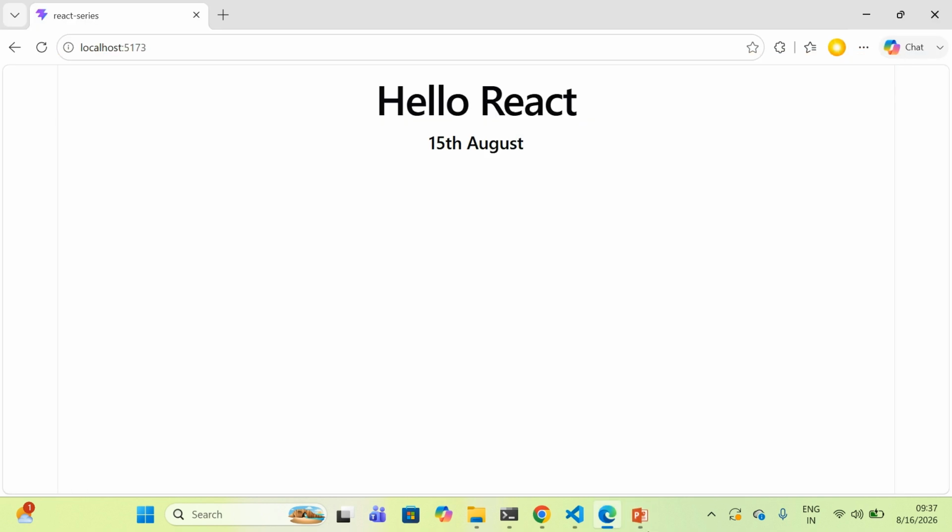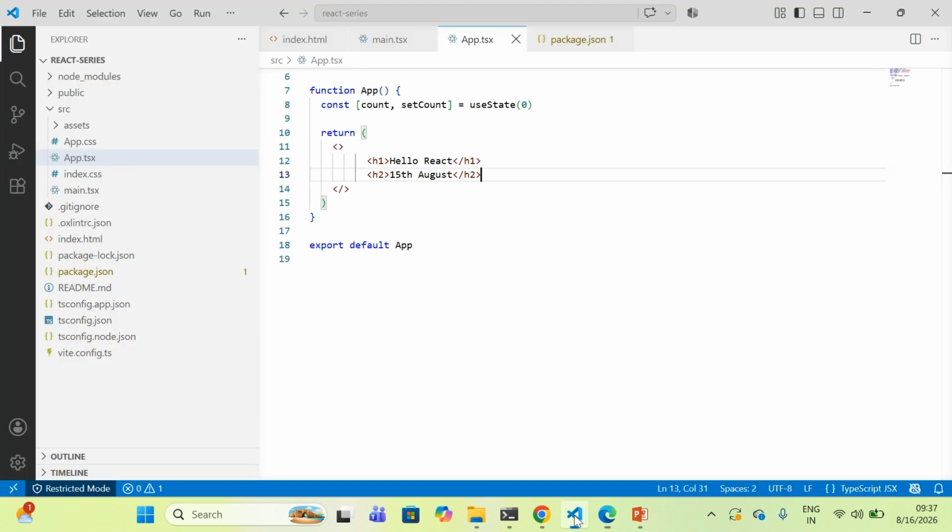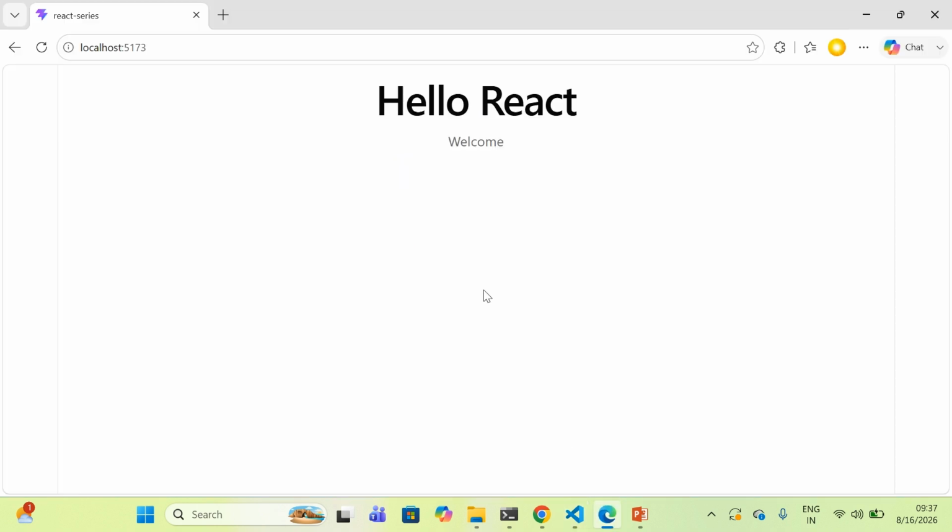I will just copy and paste it in my TSX file. So what do we do here? We give these elements a common parent. Now the structure is totally valid.